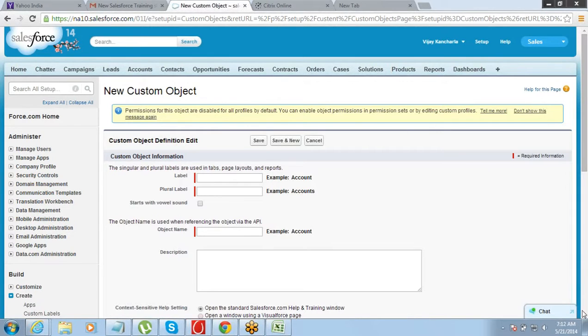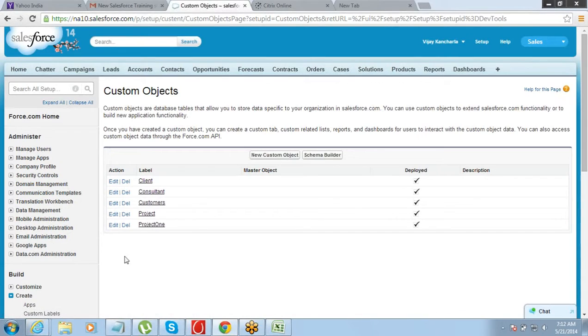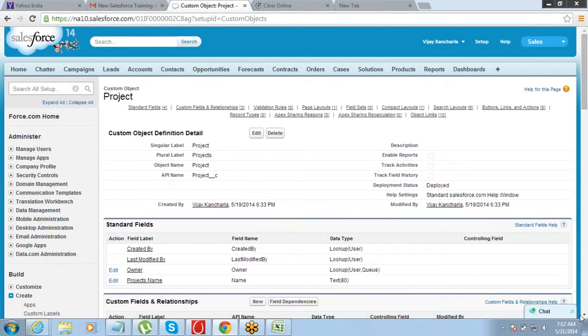Why new custom object? We should go to the existing object, right? Which is the existing object? Project.